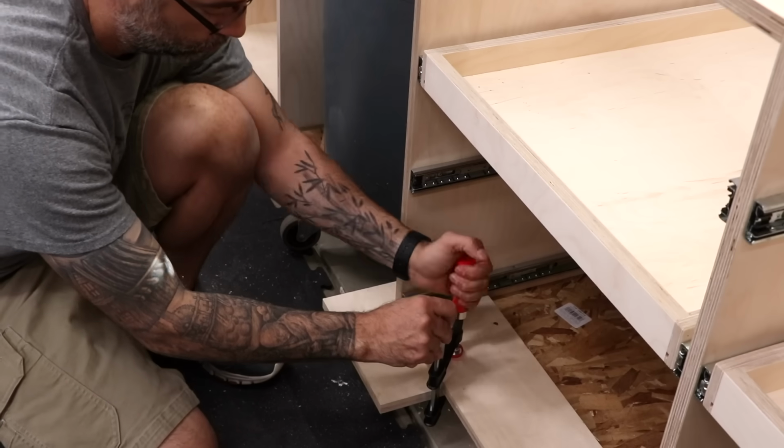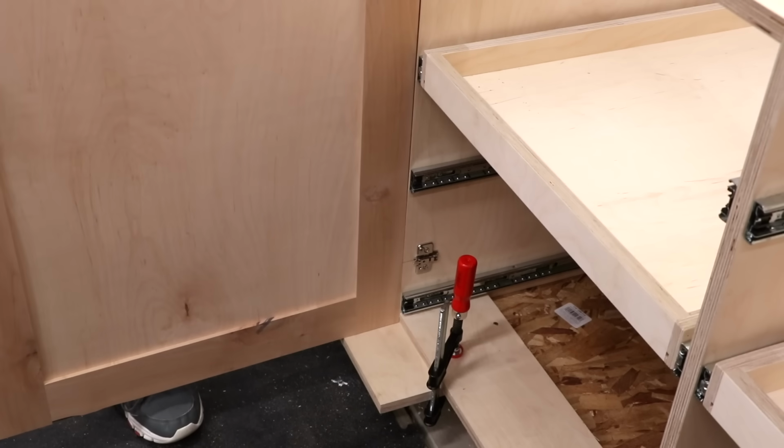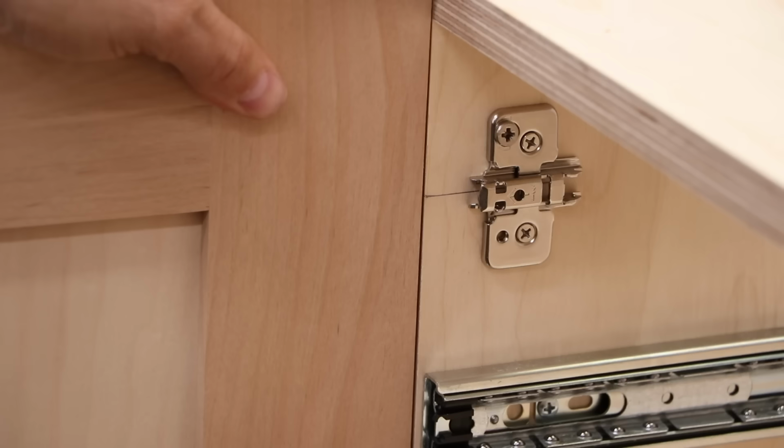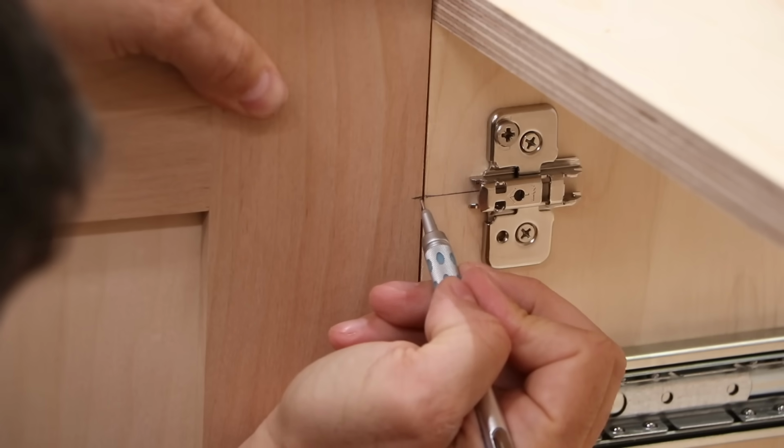To get the hinges in the correct locations on the door, I'll clamp a piece of scrap to the bottom of the cabinet. I can then place the door on the scrap and transfer those center lines. Whenever doing detailed work like this, I always try to think of ways that will take the stupid human out